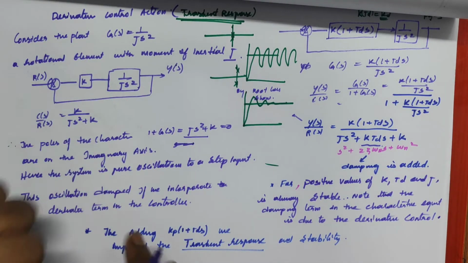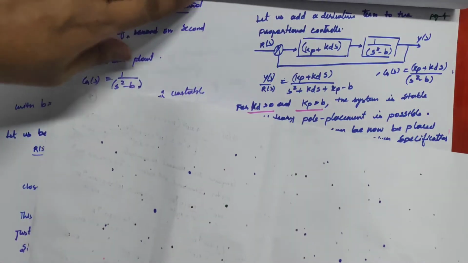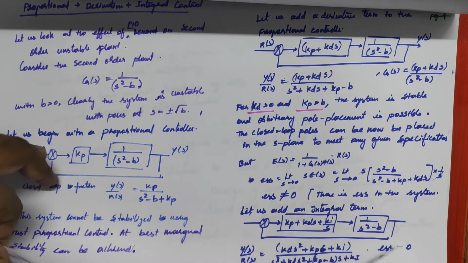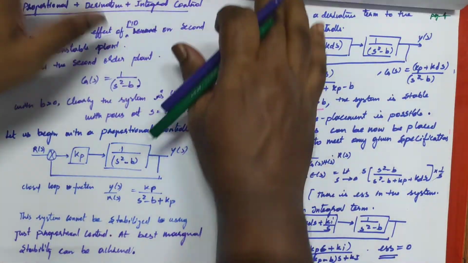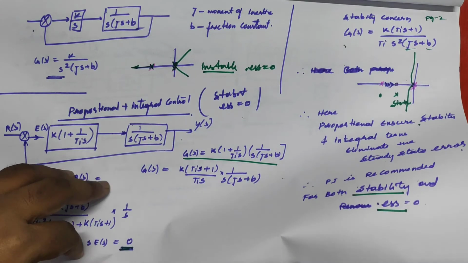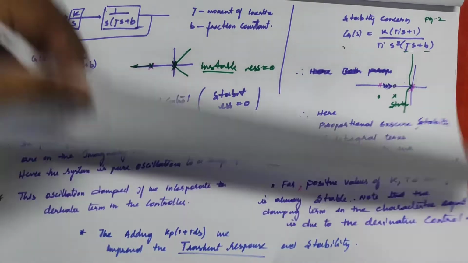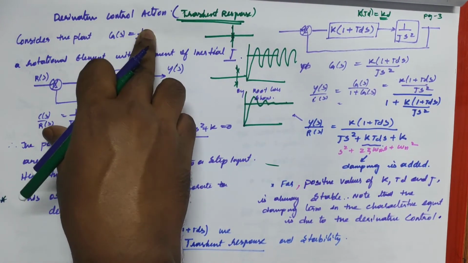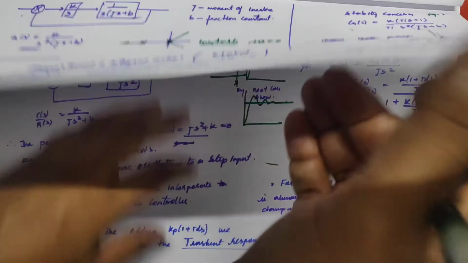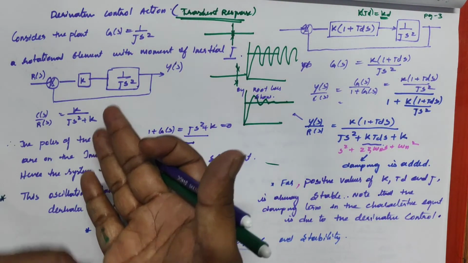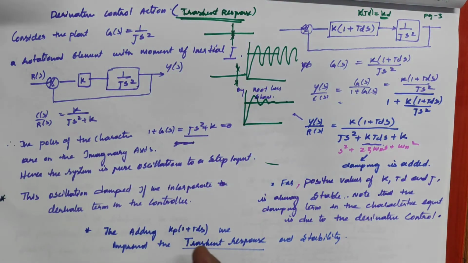Now what about the system which is completely unstable? Just have a look over this after this class, after writing the notes, and check out the explanation I'm giving, right? To explain the derivative and the integral constant purpose, I took this system. Why I took this system, you have to understand. For the explanation of the integral I took this type of system, but for the explanation of derivative I have not taken this system, I am taking that system. So you need to understand; I am leaving it for you. Why have I taken this system for derivative control, and that system for integral control?